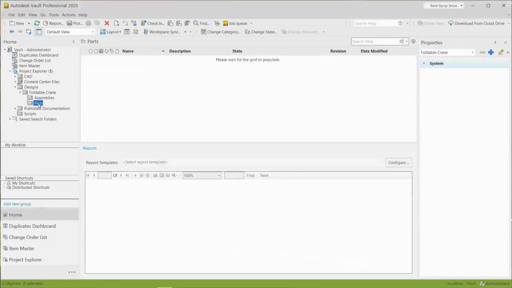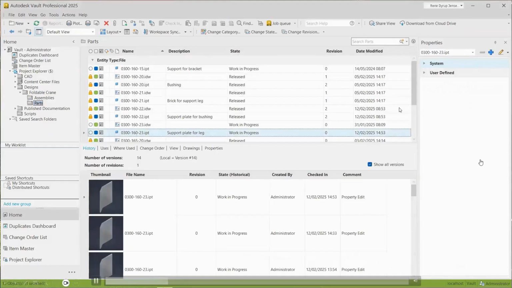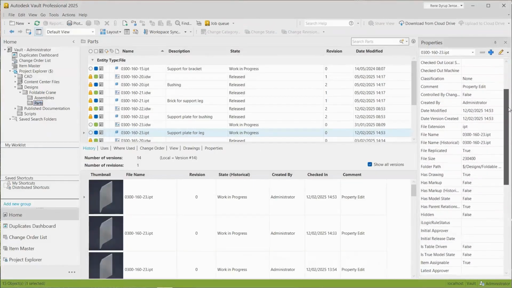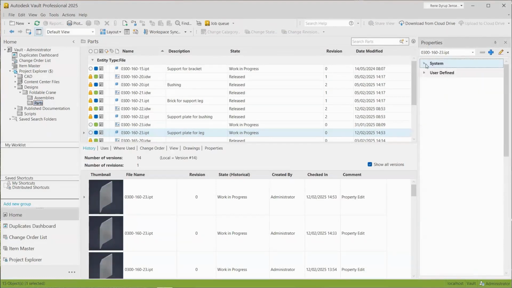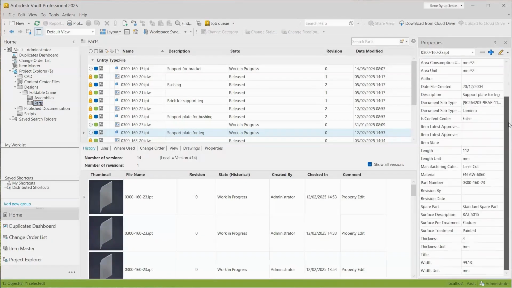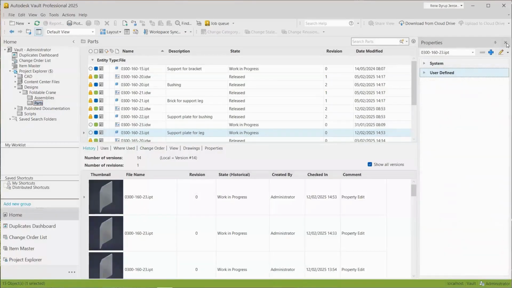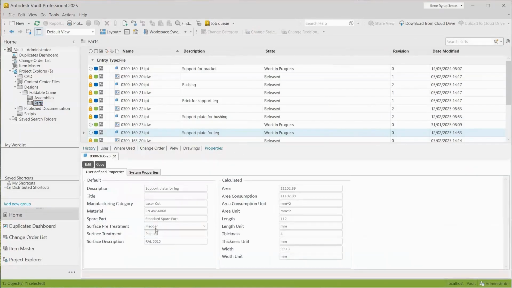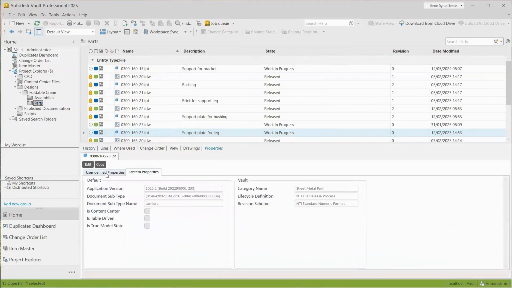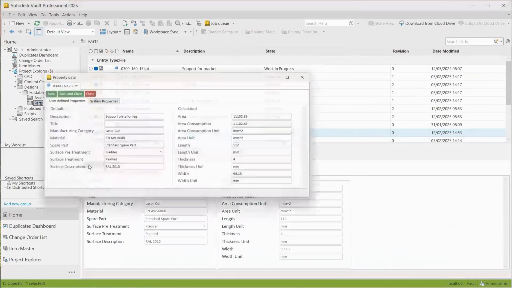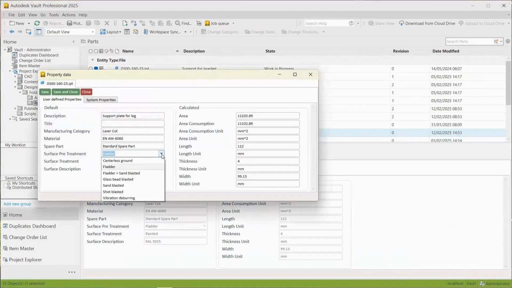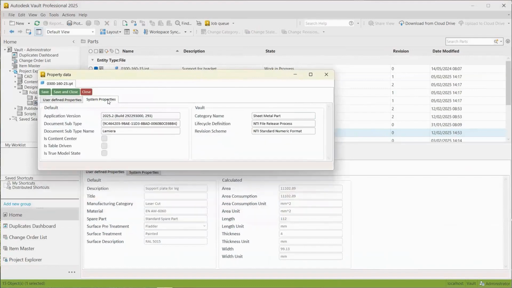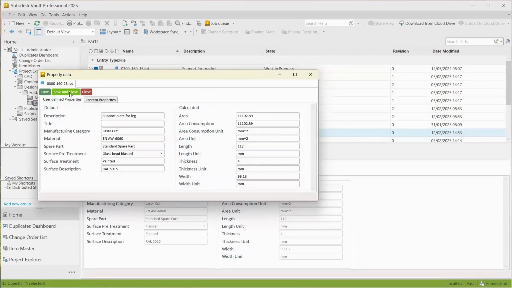Inside Vault, you have this property grid, as you can see here, with the system properties being a part of, in this case, an item, and also my user-defined properties associated to that specific Vault category. If I switch off here, you will have more space for your columns. And this is how the data card looks. I have the tab called properties, and that tab can be named exactly as you desire. You can also edit the properties directly inside Vault and take advantage of the lookup list if you have that for some of your properties.